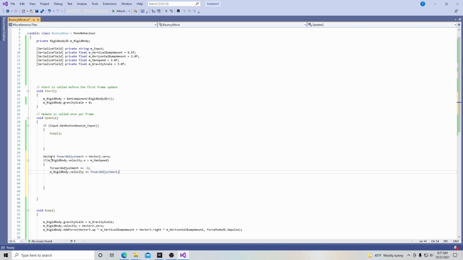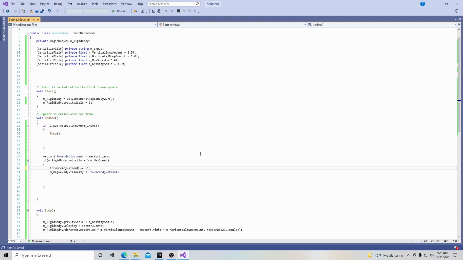So here we defined this forward adjustment vector to Vector2.zero after we hit our button. But if our velocity is greater than our max speed, then we want to subtract from our forward adjustment and then add it to our velocity. So it keeps a little bit more smooth